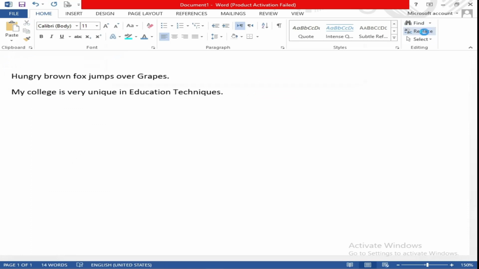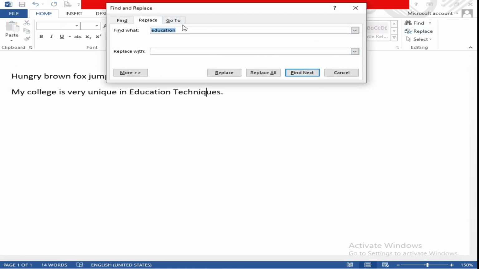Another one is the replace tool. This is a very unique tool. For example, if there is the word brown in your document and you want to replace it with yellow, when you click on replace all, it will automatically replace all the words.